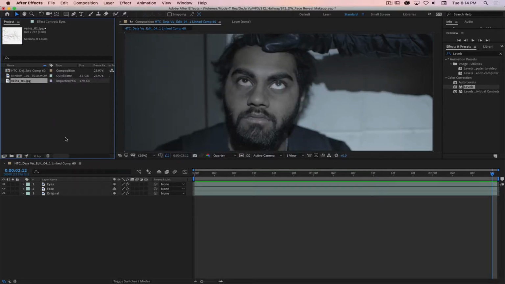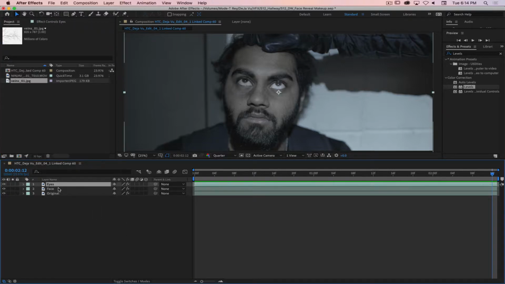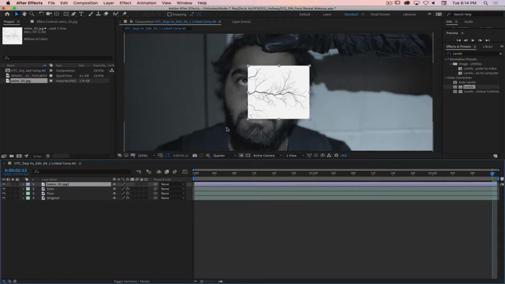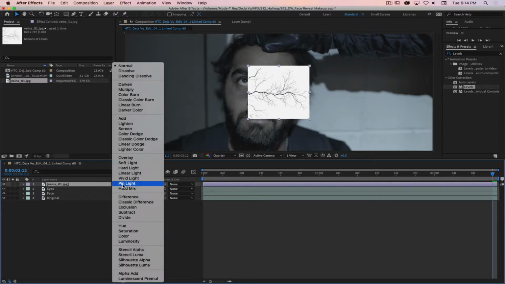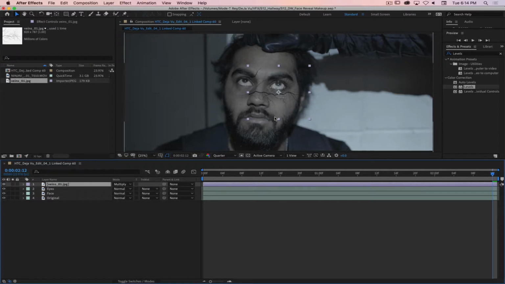So we've got the file, and we've got the tracking data. So I think what I'm going to start to try to do is bring this in just over the top of the eyes and kind of set this up where I want it. So we're going to use blending modes here, right? So we're going to turn the blending mode to, I believe, multiply. Yes, which will get rid of all the white space, and it'll give us just the